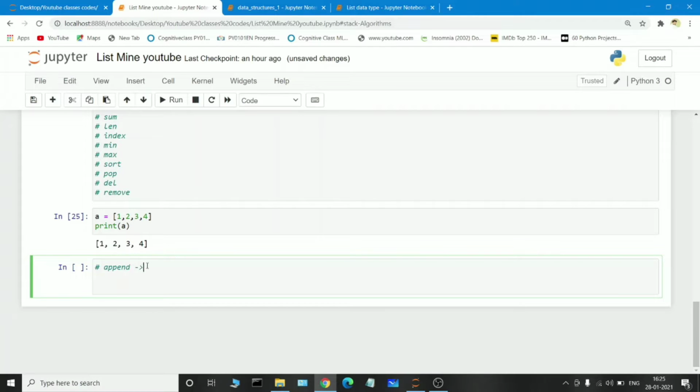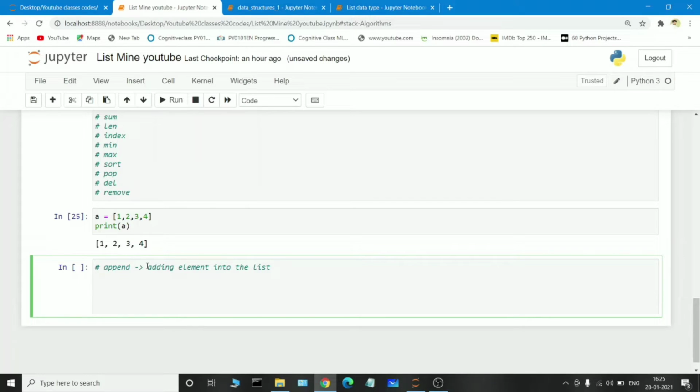Append is used when we want to add an element into the list. What are the values inside the list? 1, 2, 3, 4. If I want to add a fifth element into the list, I can add it with the help of the append keyword.